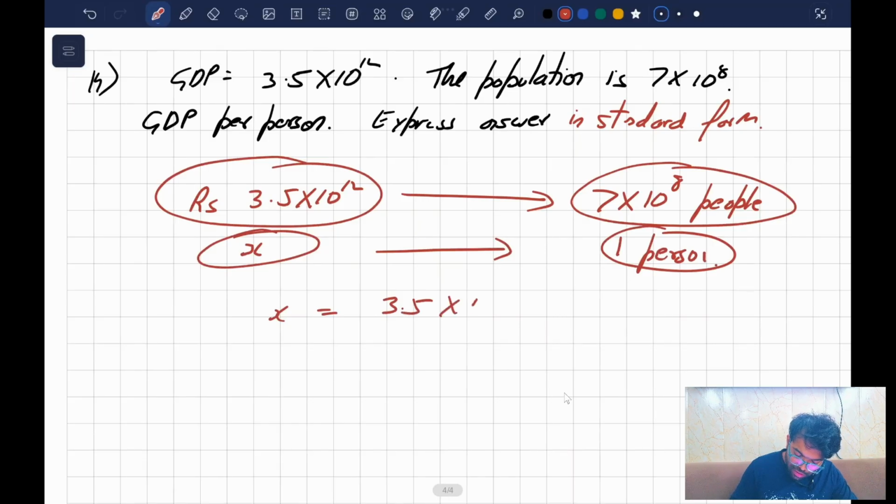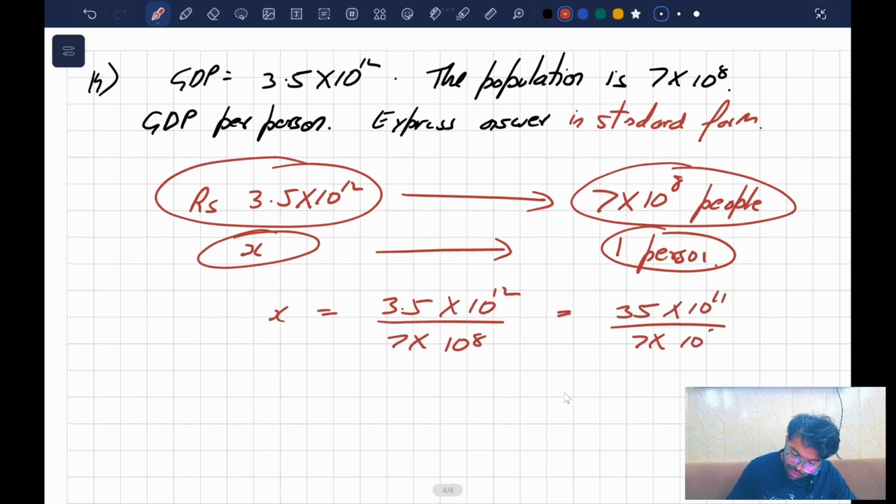3.5 into 10 to the power of 12 upon 7 into 10 to the power of 8. That's it, khatam. Can we write 3.5 into 10 to the power 12 as 35 into 10 to the power of 11? एक जीरो यहाँ पे दे दिया, upon 7 into 10 to the power of 8. 7 5s are 35, 10 to the power 11 upon 10 to the power 8 क्या हो जाएगा? 5 into